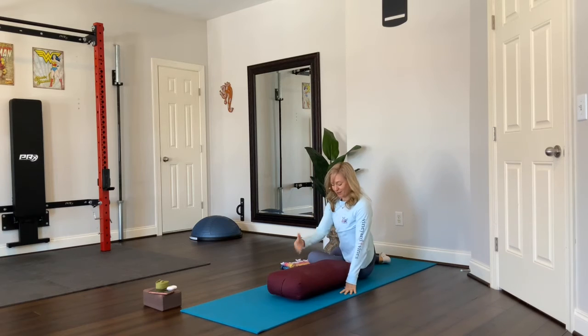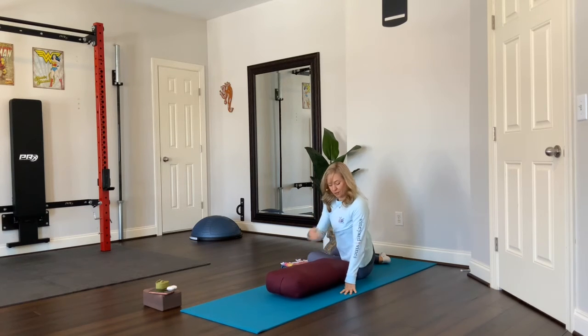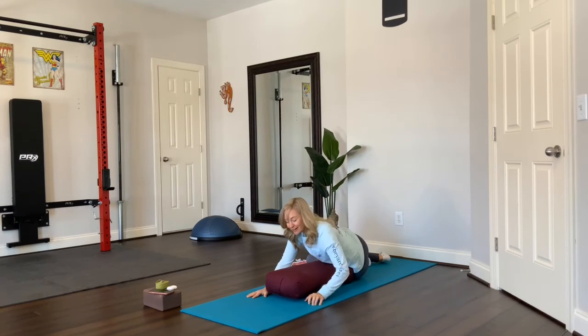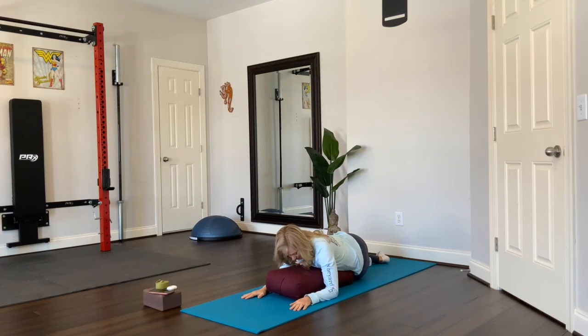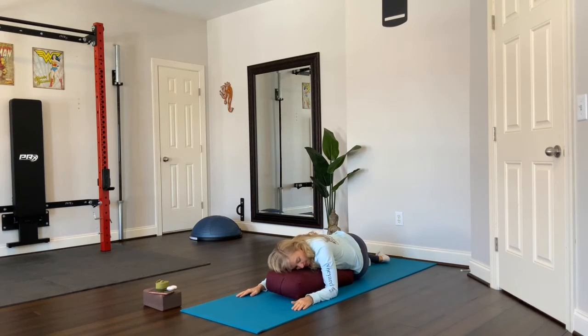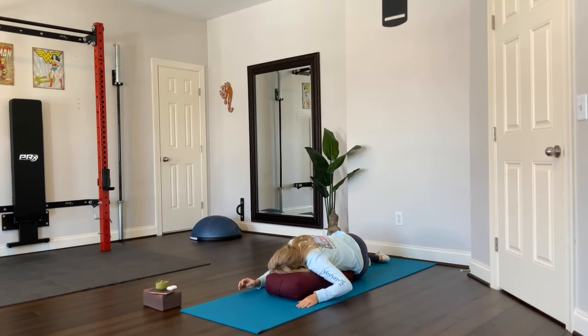Turn, so you're kind of squaring your shoulders to the bolster, and then walk your hands along. Look at the bolster and turn your head right and left. And then maybe try to turn the opposite direction. If that's not comfortable, turn your head the same direction as your knees,